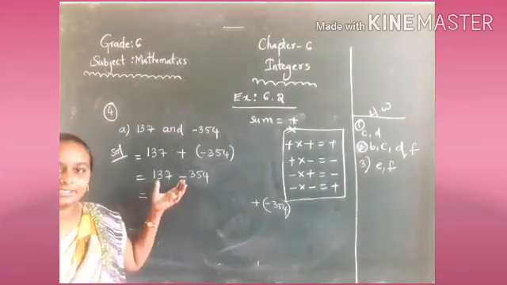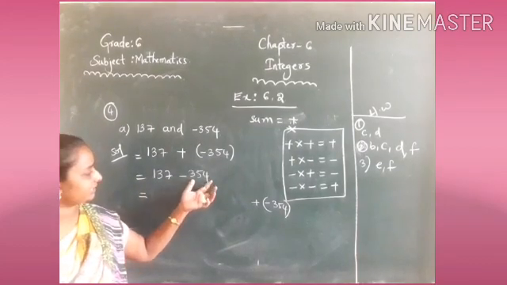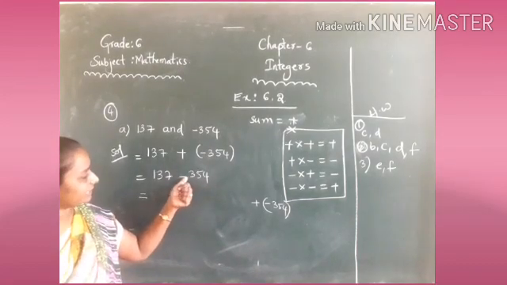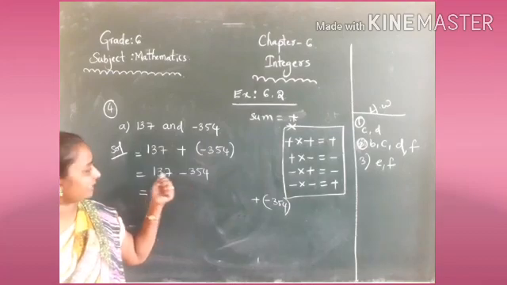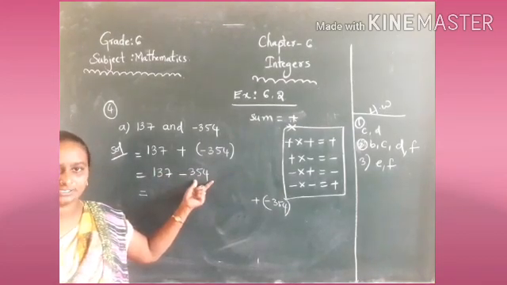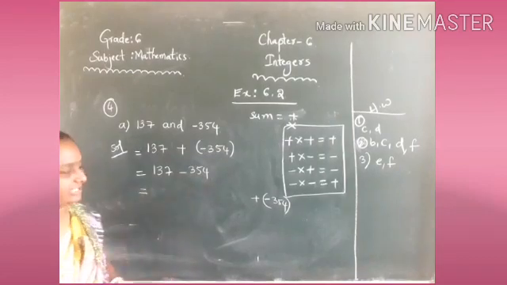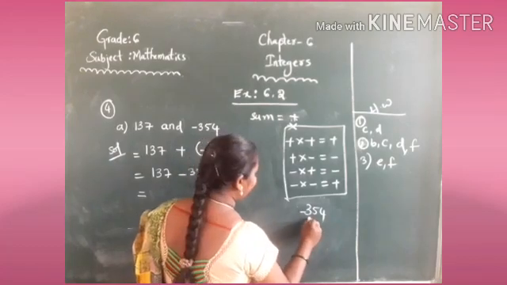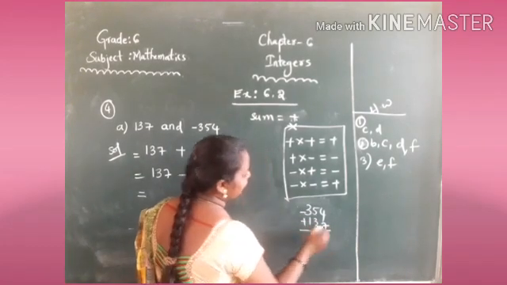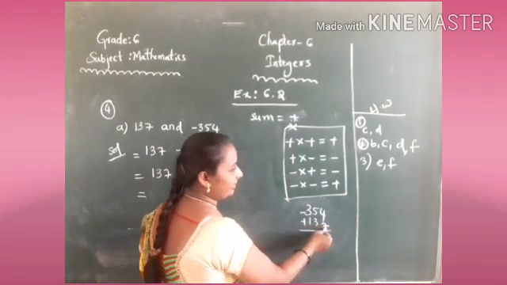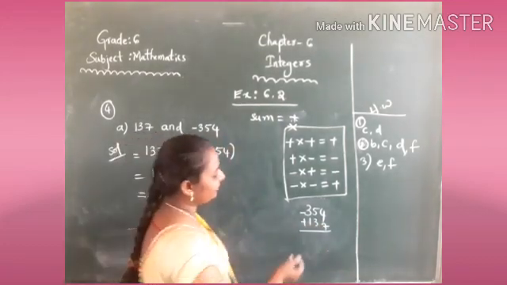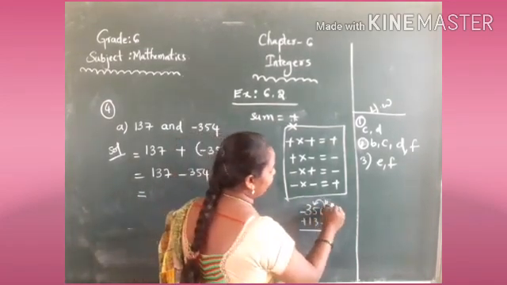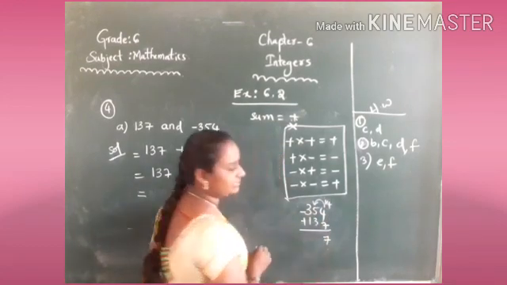We have to do here subtraction. Why? Because here 354 is greater. Okay, remember. So but in front of it contains minus. Comparing to this one, it is less. Even though we have to do subtraction from 354. 354 minus 137. So here 4 minus 7. Not subtracted. Okay, not subtracted. That's why you have to take from 5. Borrow. So it gives 14. 14 minus 7? Yes, 7.